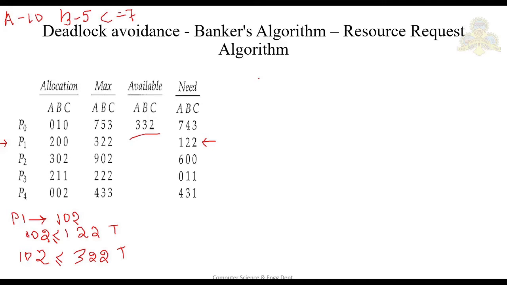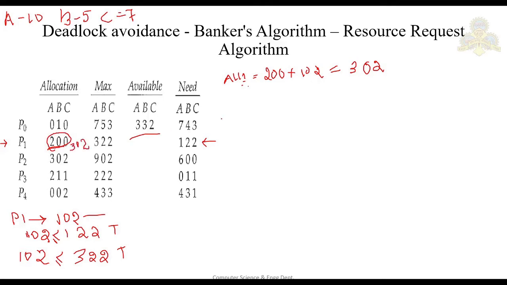What is the current allocation of your process P1? It is 200. So I'll write here, allocation is equal to the current allocation plus the request. The current allocation is here, right? 200 plus what is the request from your P1? It is 102, right? 102. So the new allocation value becomes 302. Okay, the new value of P1 becomes 302. I'll write here